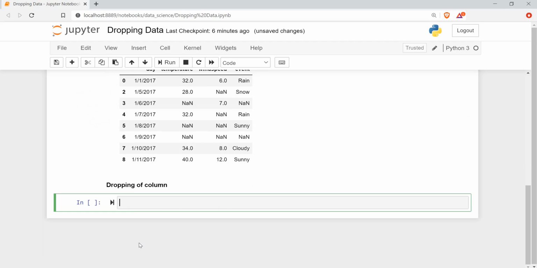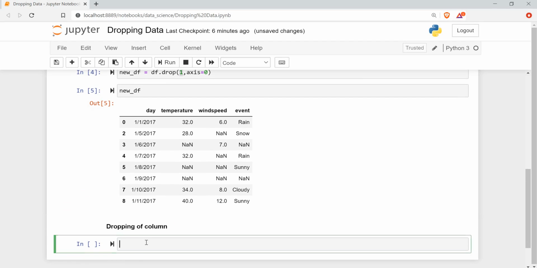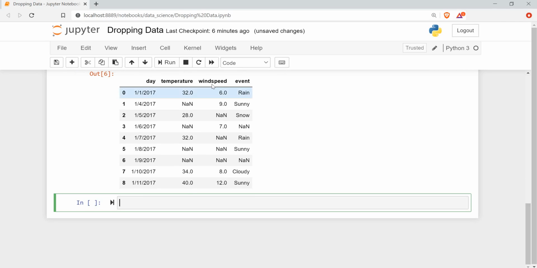Or we can say feature or attribute. So how do we drop a specific column? Now we have this data set df in which we have all these columns, and here I want to drop this wind speed. Now to drop that, we can just create this new data, and here I will say df